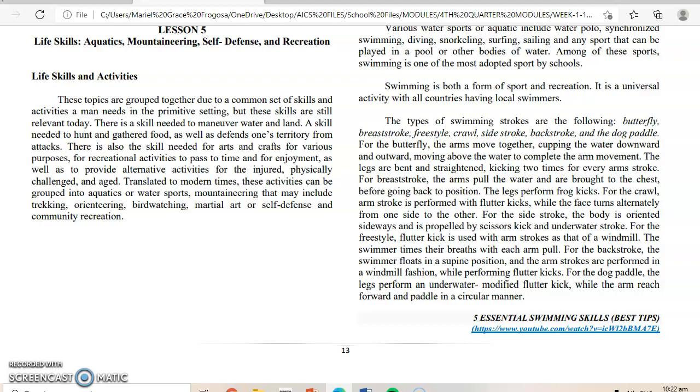So these topics are grouped together due to a common set of skills and activities a man needs in a primitive setting. But these skills are still relevant today. There is a skill needed to maneuver on water and land, a skill needed to hunt and gather food, as well as defend one's territory from attacks. There is also the skill needed for arts and crafts for various purposes, for recreational activities to pass the time and for enjoyment, as well as to provide alternative activities for the injured,